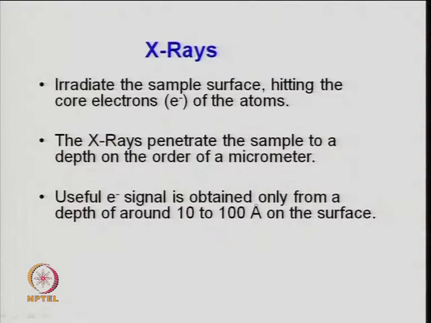So, generally, as I discussed, X-rays irradiate the sample surface, hitting the core electrons of the atom. Core electrons is another term which I will talk about a little later. That is important because we talk about core electrons, not the outermost electrons, which is related to something like the Fermi level. So, we have to look at the atomic level and the structure of an atom, how the electrons are, what we call work function, Fermi level, vacuum level. These are related to the levels from which the electrons are emitted.